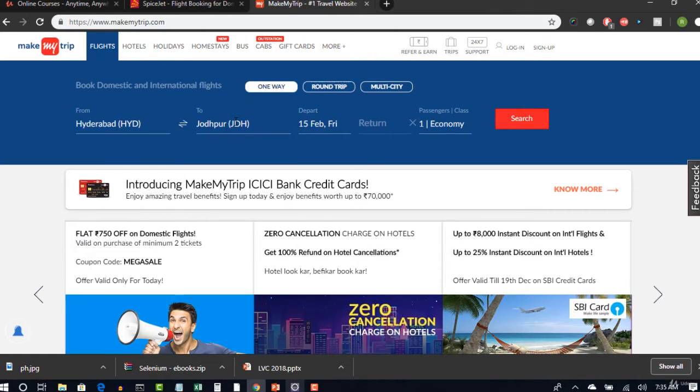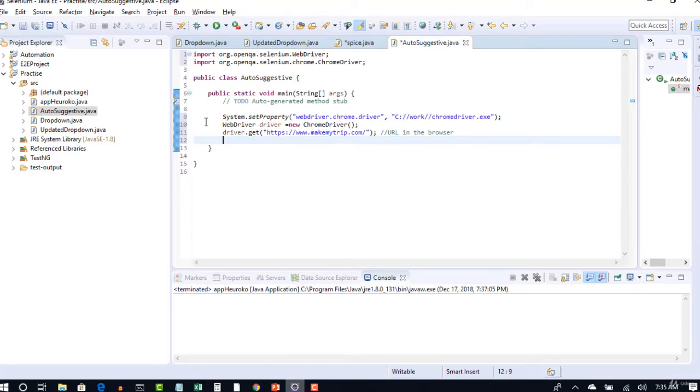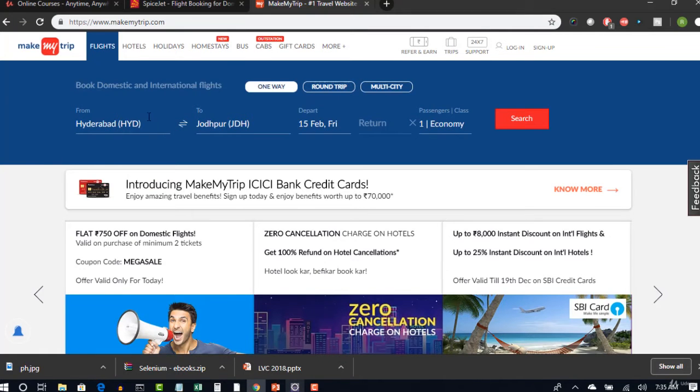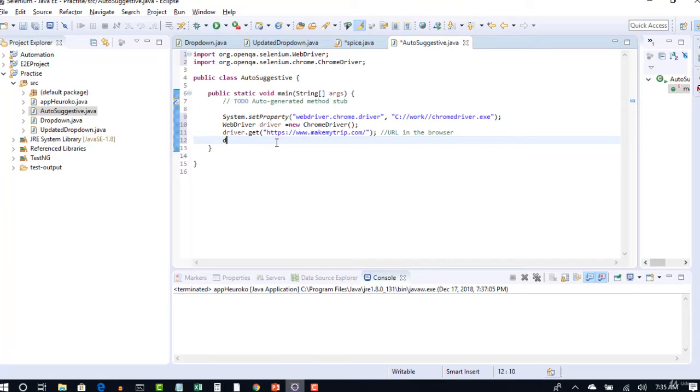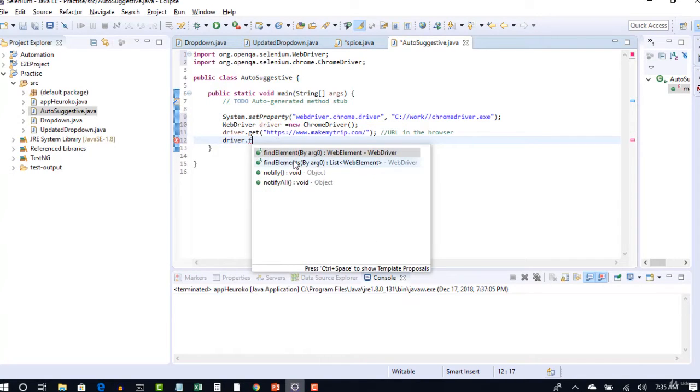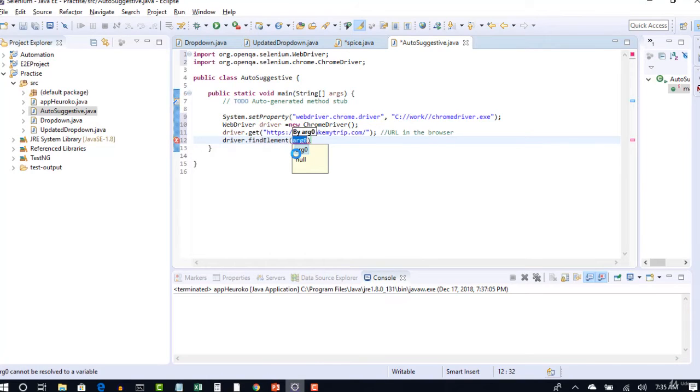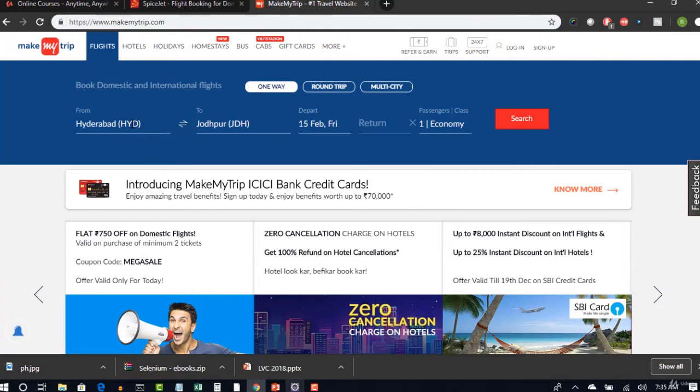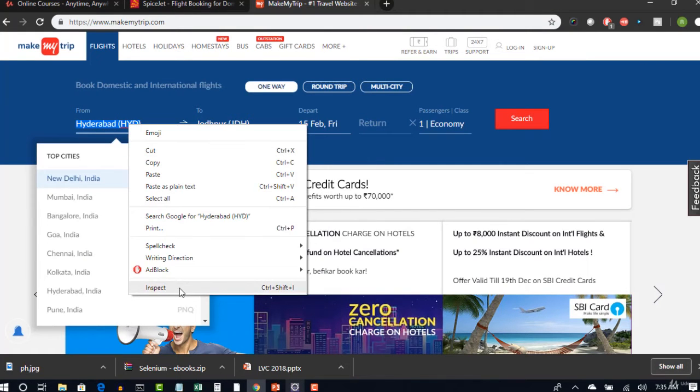Just because of that, I think they are again pre-populating this option here. So let's clear this edit box first. Find element. How to clear this edit box and then type something. Let's see that now. Right click, inspect.